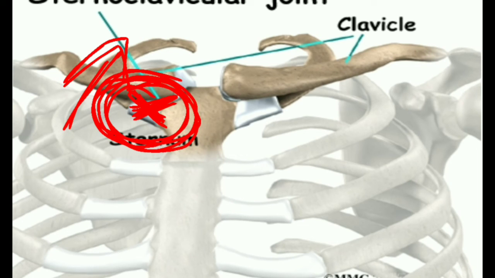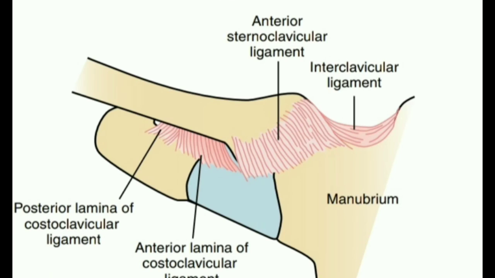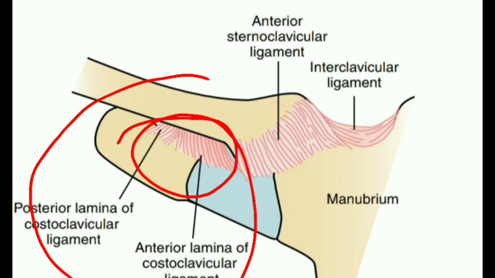At the same time, it dissipates the superiorly directed force and it also prevents the medial translation of the clavicle. So these are the functions of the costoclavicular ligament. I think you have understood that there are three functions. One is it prevents the excessive elevation of the clavicle. Second, it dissipates the superior direction force. And third, it prevents the medial translation of the clavicle. Here you can see the costoclavicular ligament, one medially directed and one laterally directed.